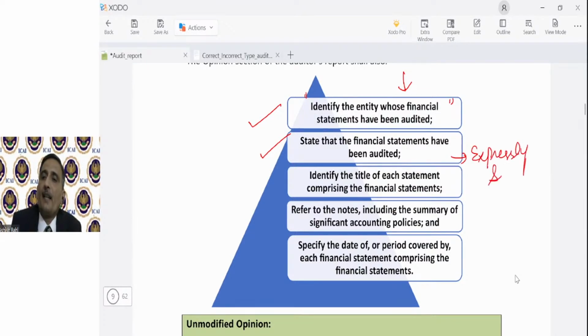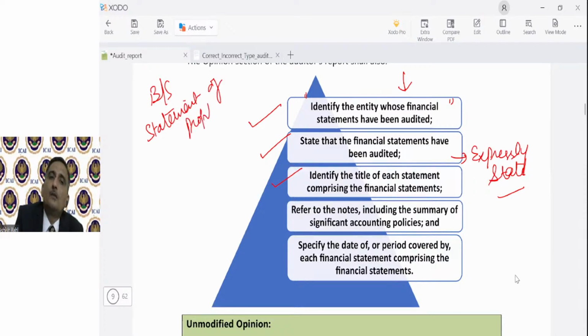You have to expressly state that you have audited the financial statements. Identify the title of each statement. So I have told you the title of each statement. So what was the complete set of statements? The complete set of financial statements includes balance sheet, statement of profit and loss, cash flow,